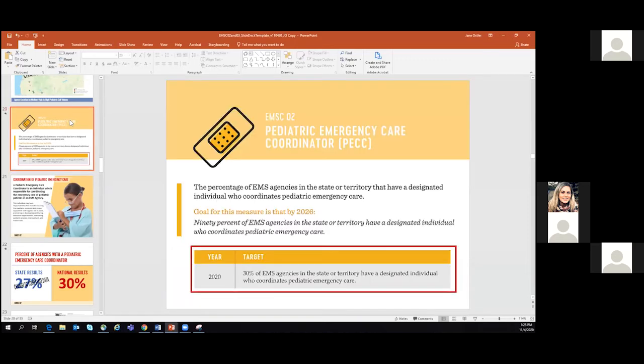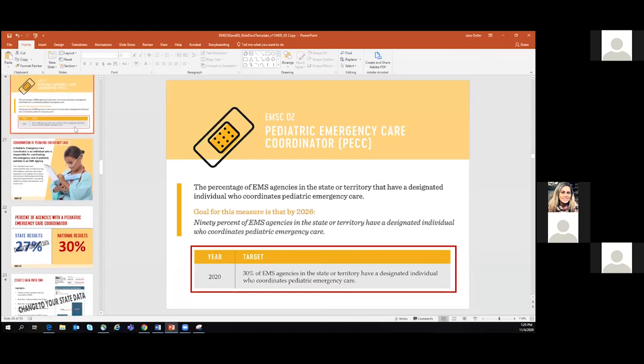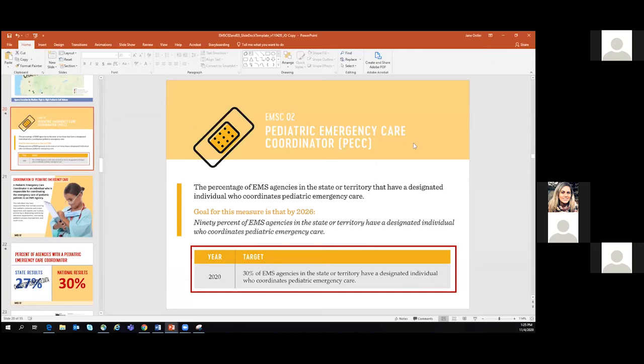That's very true. And we'll talk a little bit more about that when we get to EMSC 3, about skills checking and training and those types of things. When we're thinking about how to present information about EMSC 2, we can take things right from the performance measure